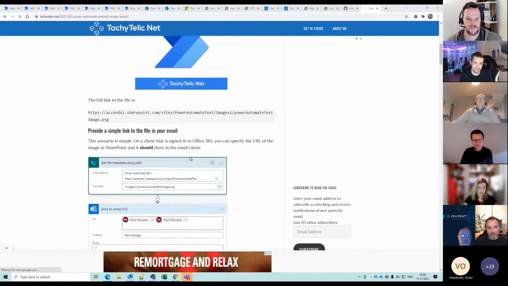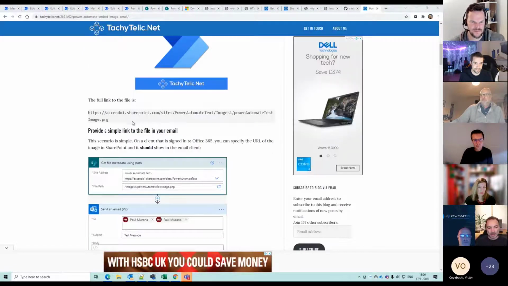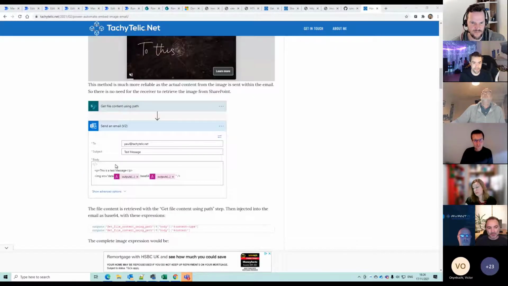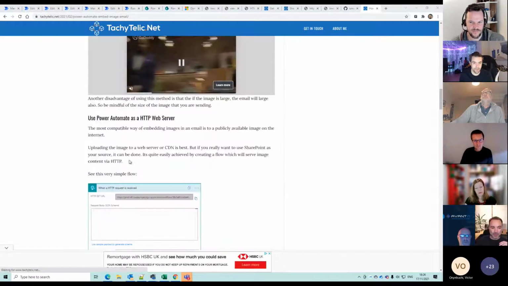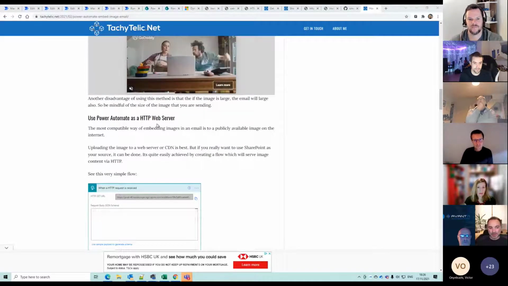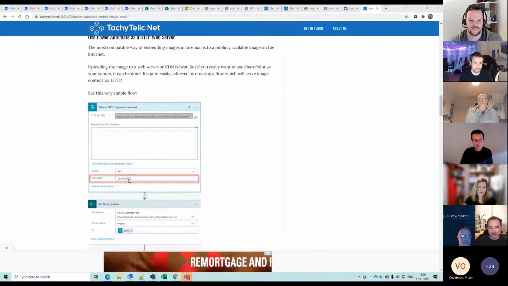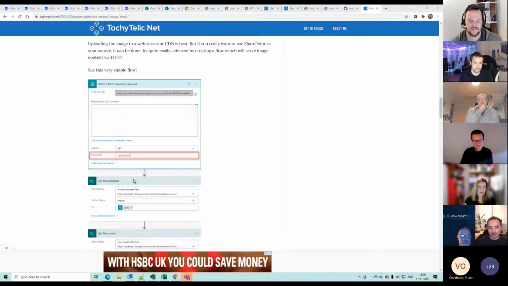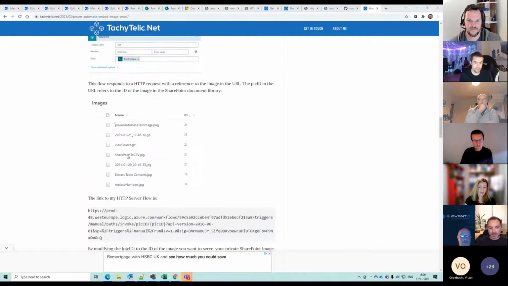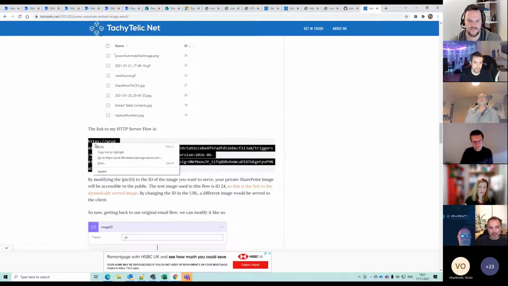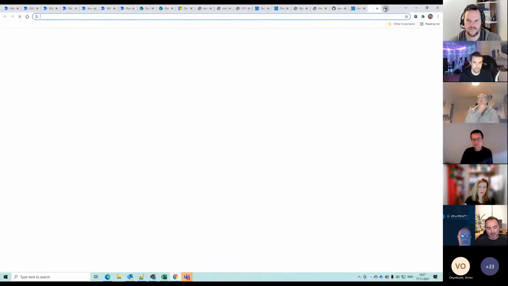So there is a YouTube video on it, but okay, yes, I've done exactly the same thing. I've given like 4 different ways of doing it, but Power Automate is an HTTPS web server, and then I'm just picking a picture ID from my SharePoint list. There's my SharePoint list there, and I think this will actually work. So if I go there,